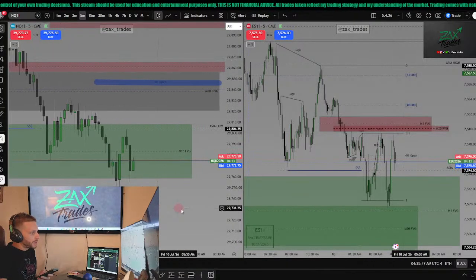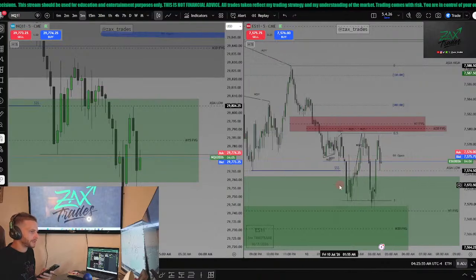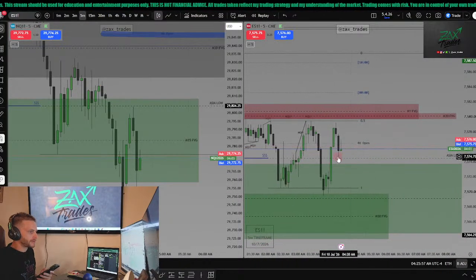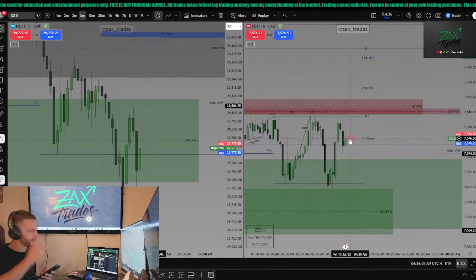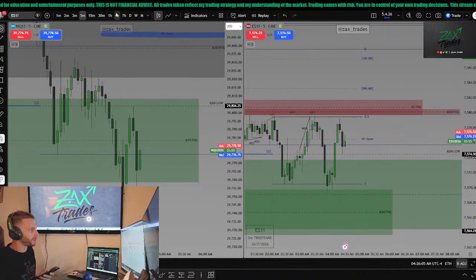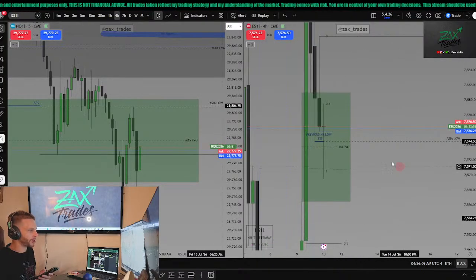Retesting 5 on ES. NQ still just looking bad, guys. Golly. Pop back over the 4-hour open. Now we're back below it. Wicking at it. I bet what we see, guys, on this 4-hour is a